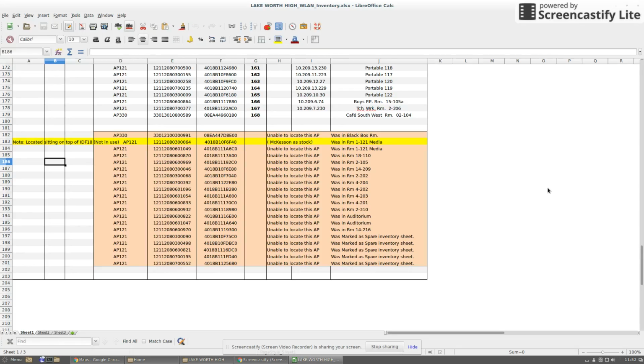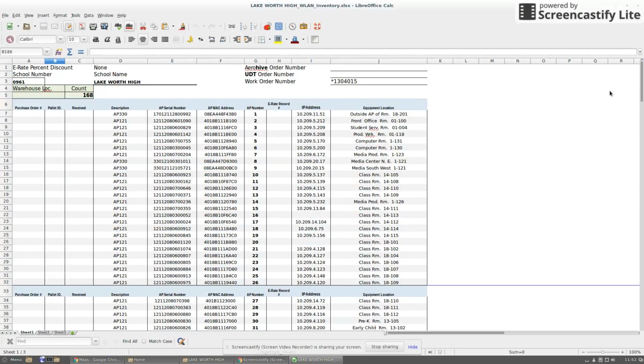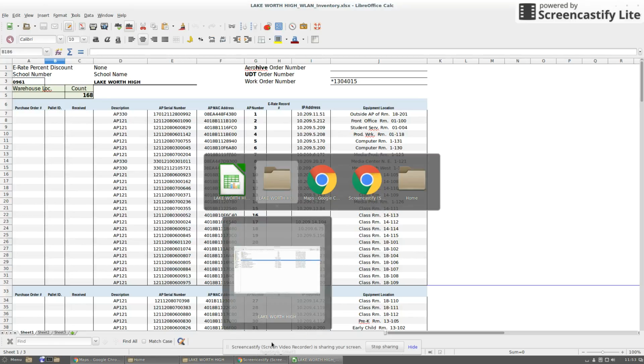And so here we have basically details about all the access points. And what we want to do as our first step in mapping is to actually set the location field of each access point in Hive Manager according to the classroom, the room and the building and room number. So what we now do is we come back over to